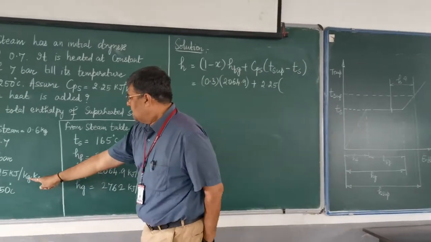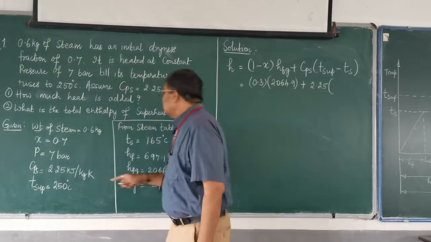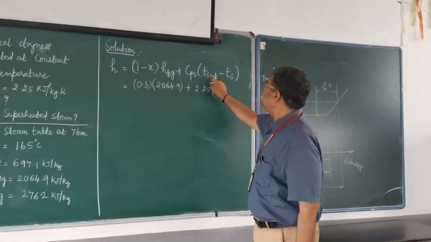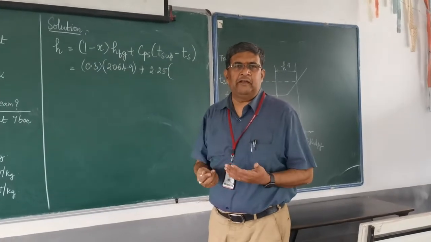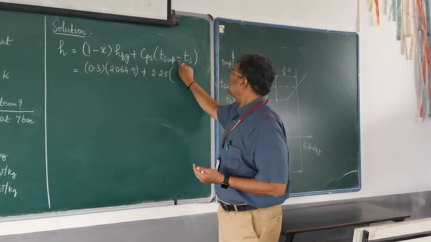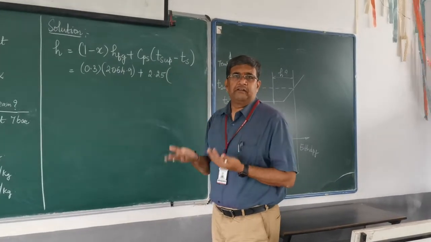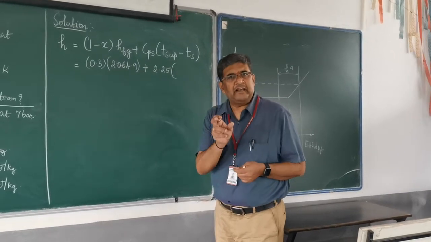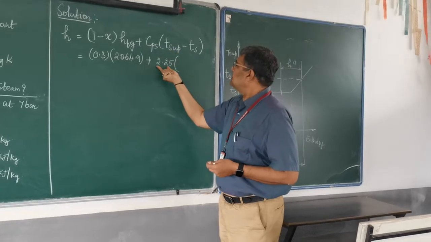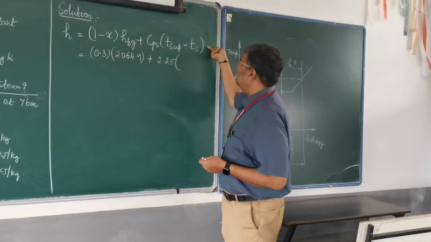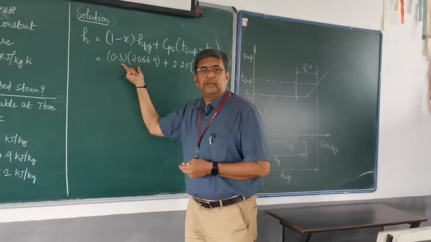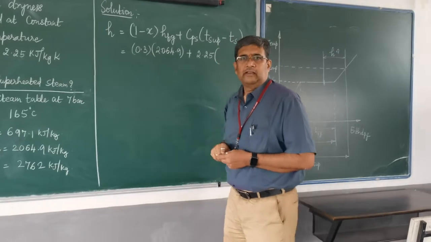Now, here you can see that it is kilojoules per kg Kelvin, which means the temperature values have to be in Kelvin. But if these values have to be in Kelvin, to both of them I am going to add 273 degrees. But because there is a negative sign in between, that 273 will finally get cancelled. So it is the net difference only. So that net difference can also be taken as in Kelvin only. So if this is kilojoules per kg Kelvin, here we will have Kelvin, that Kelvin will get cancelled. So we will have kilojoules per kg here and kilojoules per kg here also. So we can find out the total enthalpy.